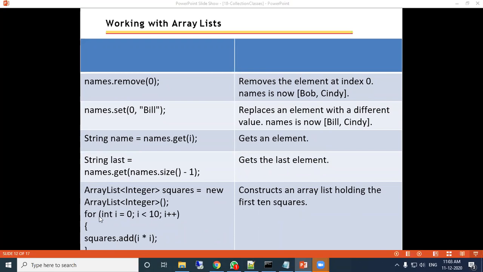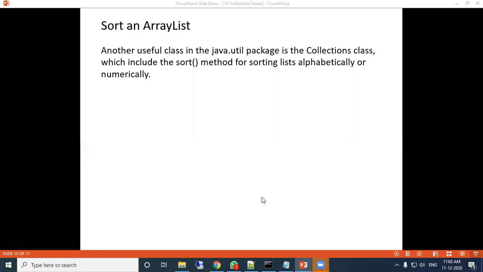Here the data, 10 items, will be added at the positions. This is one small example, an integer array. So this is about the add, set, get and remove methods we have discussed for the array list.